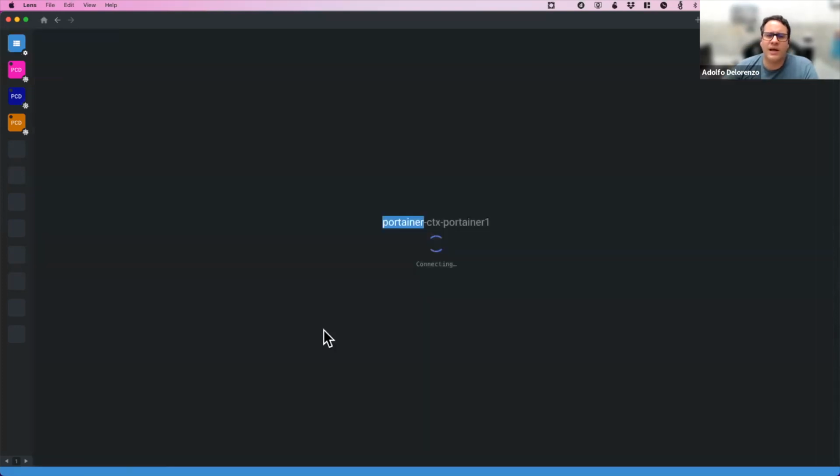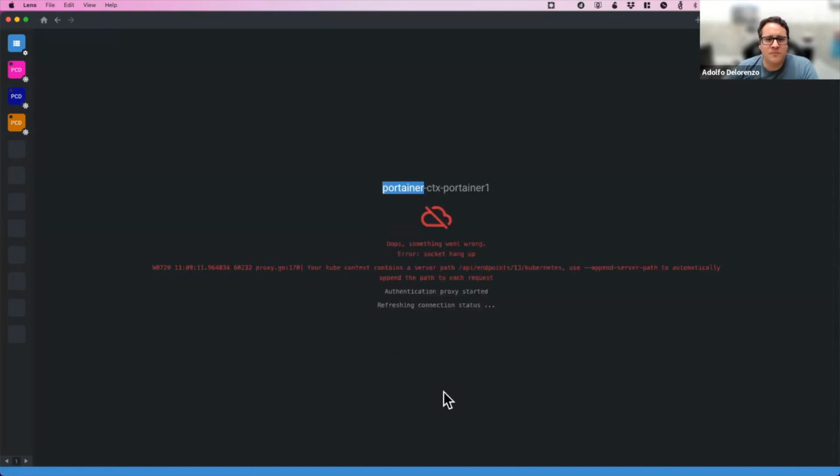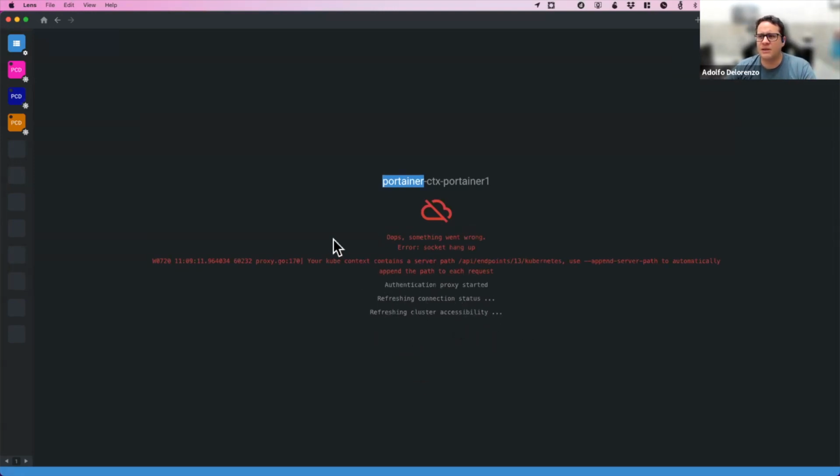So now I can access my Portainer cluster using Portainer as a Kube API proxy, and it will bring the RBAC profile definitions. It takes some time. Sometimes it takes a while, and very soon we'll be able to use access via Lens